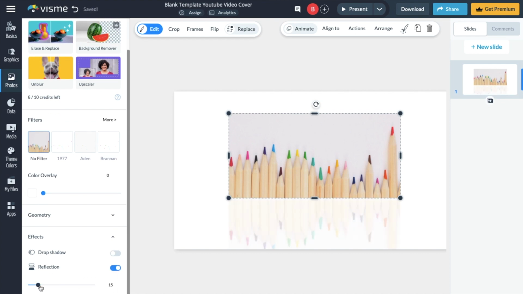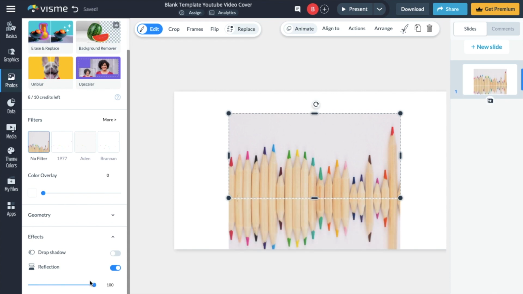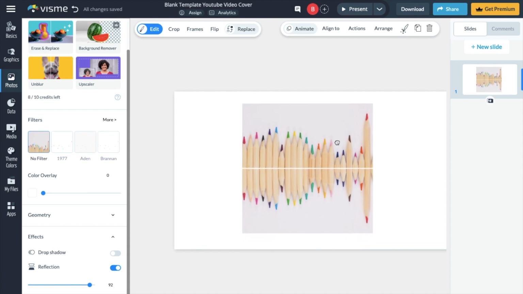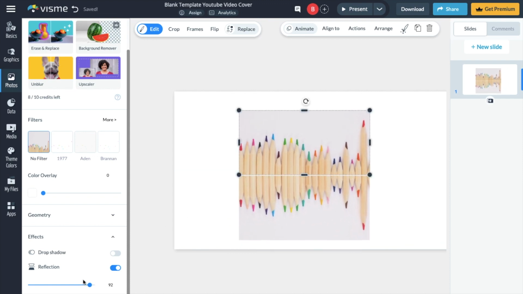Then if you were to scroll down even more, you can actually change how much it's being reflected. So if you want to make it super reflected, we'll make it a little bit smaller so you guys can see it. It just reflects it just like that. If you want to make it a little bit less, a little bit more subtle, you can play around with it this way. But that's a pretty straightforward tutorial here on how you guys can add reflection to an image